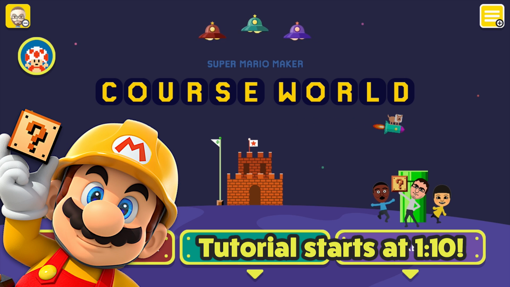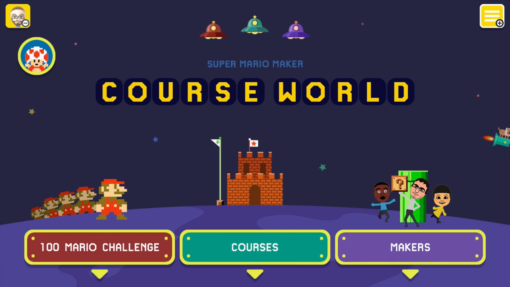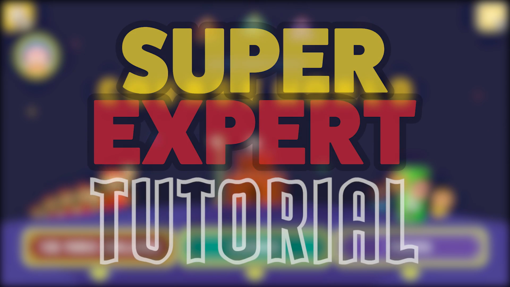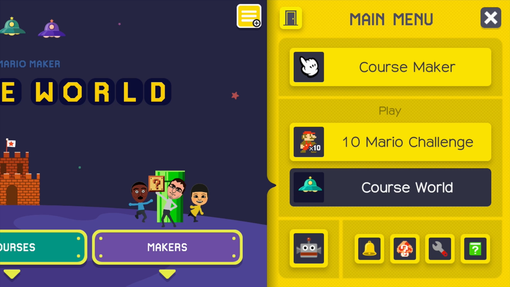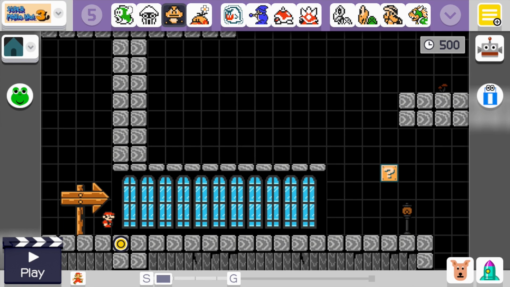Today we are doing things a little bit differently because I will be teaching you how to make a super expert level from the 100 Mario challenge. But anyways, the first thing we're going to do is head on over to the course maker, so let's head on over there. First step once we get to the course maker is that we're going to need to pick